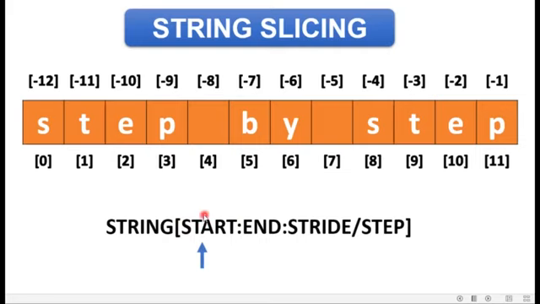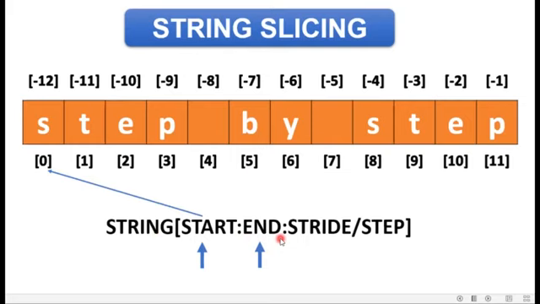Let's say if I want only these two characters from the whole string, I want to extract "by". So I will assign my start value as 5. That means I want to start extracting my substring from the 5th index position in the string. And if I do not decide any starting position for my substring, then by default it will point towards the 0th index position.